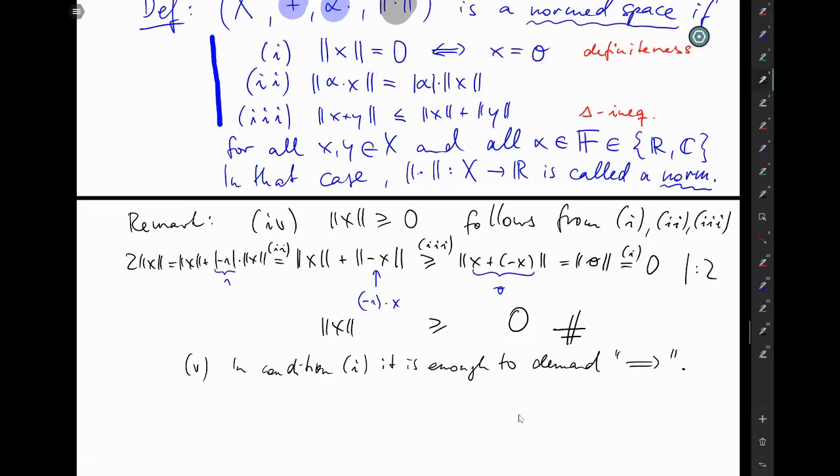Okay, again, we can prove that, and we should prove that. So to see that this follows automatically,